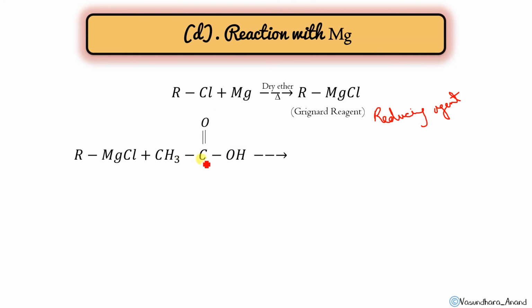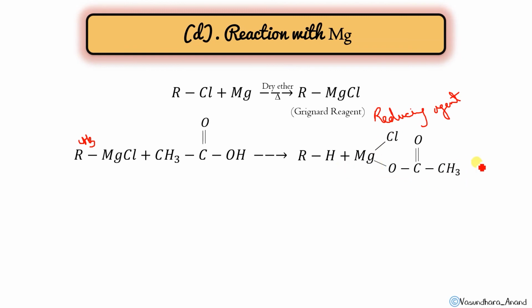In this case, this is acetic acid, so that means it is very quick in the donation of this H+. So what will happen? This Grignard reagent will immediately accept this proton and will give you methane gas. If instead of R I am taking CH3, it will be a very fast reaction and methane gas will form, and another thing, it will give you the magnesium salt. So this is the reaction. RH will form, and it will give you the magnesium salt.